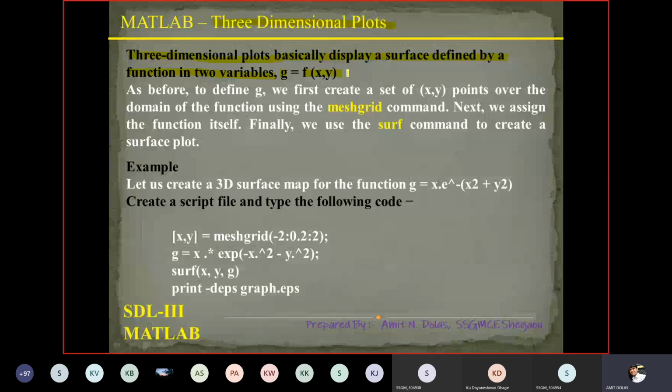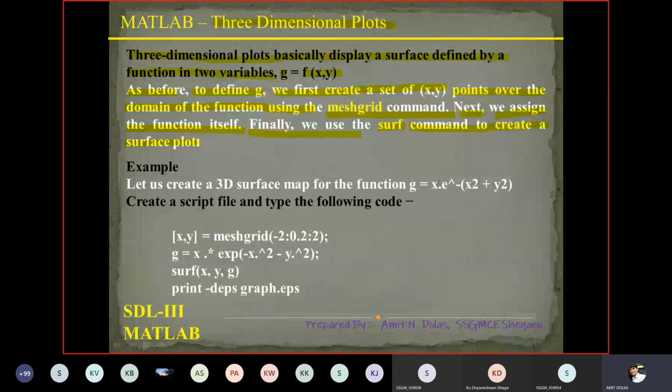So as before, to define g, we first create a set of xy points over the domain of the function using, of course, the meshgrid command. Next we assign the function itself, we will assign g, and finally we use the surf command to create a surface plot.